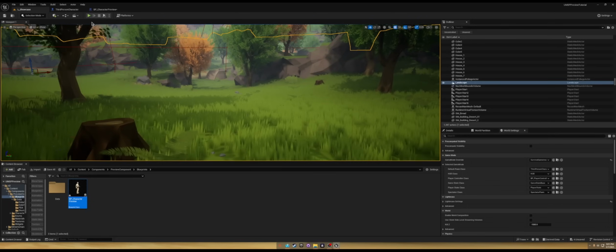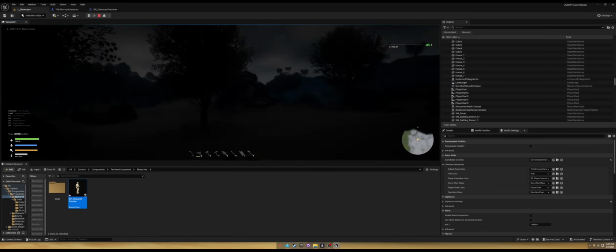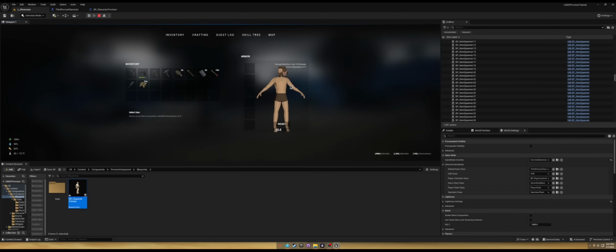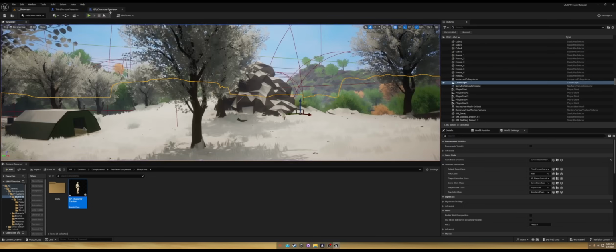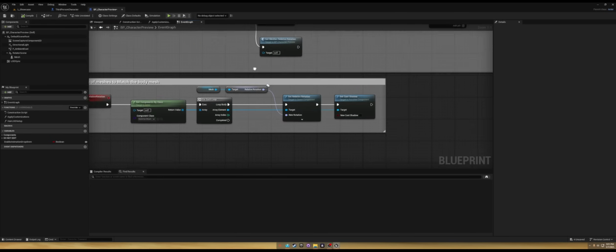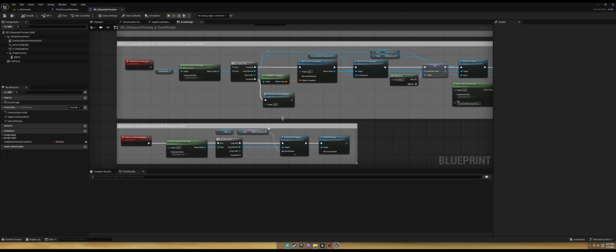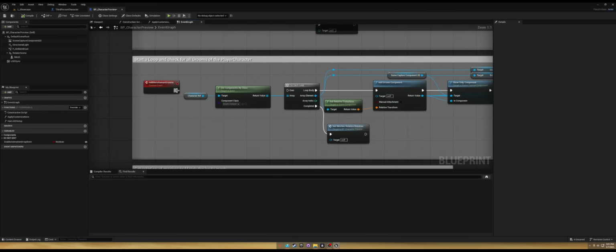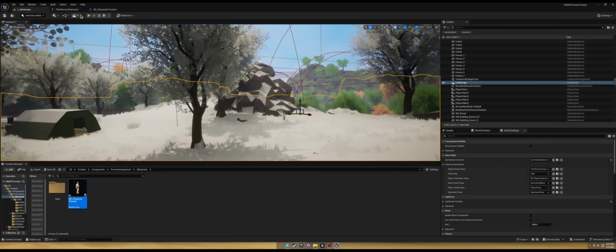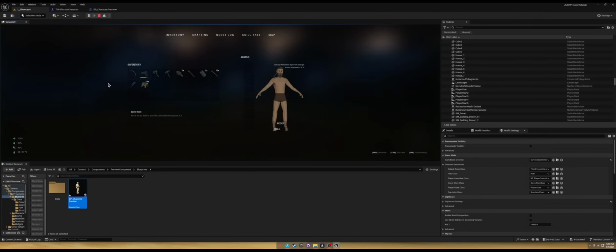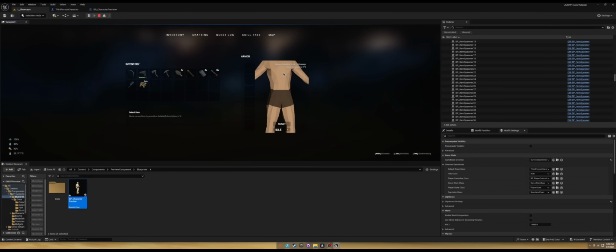So if we go to this, press play, should be able to see, oh no, I didn't set up this preview component. Oh, we gotta connect this pin. So yeah, make sure that's connected too. Okay, and that's it. Now it should work. There you go. Now you can see the